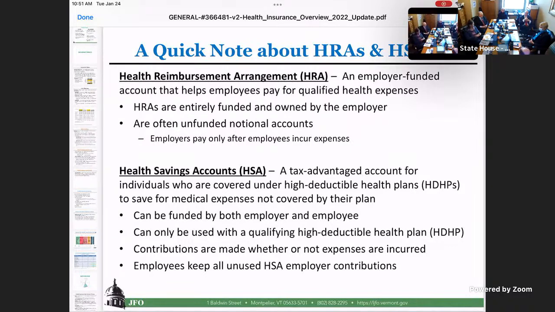So for instance, you have the HRA, the Health Reimbursement Arrangement. This is an employer-funded account that helps employees pay for their qualified health expenses. They can't just pay for all health expenses, it has to be within those confines. They're entirely funded and owned by the employer. So instead of paying, we'll say, a $2,000 deductible previously, what happened was they said,